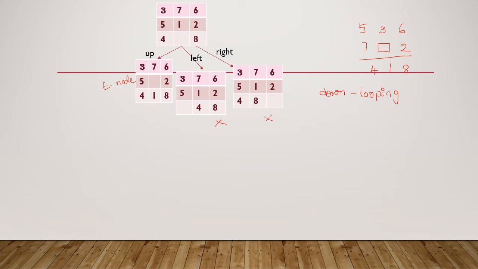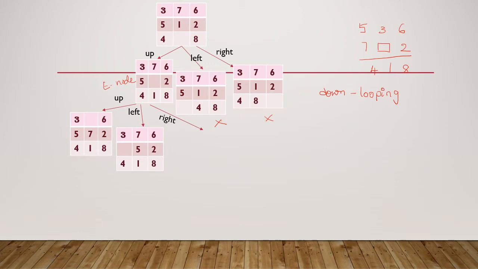The remaining moves I can have are moving my left tile, right tile, or the up tile. So the 3 possibilities that we have are moving the upper tile, the left tile, or the right tile. If I move the up tile, this is the resulting state. If I move the left, this is the resulting state. If we move the right, this is the resulting state.